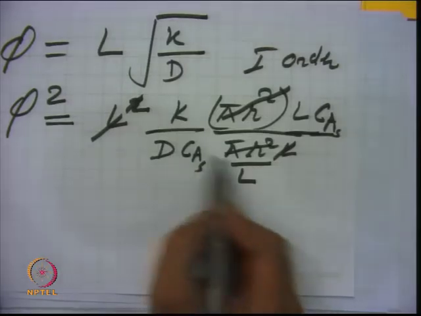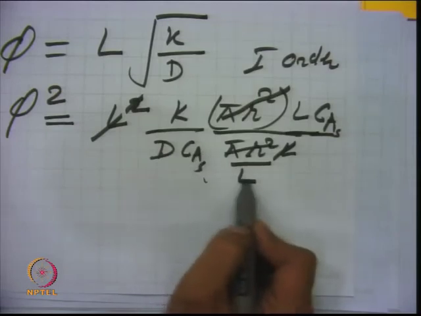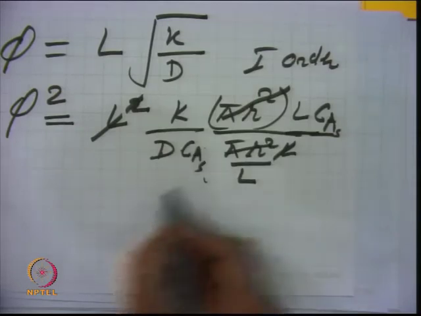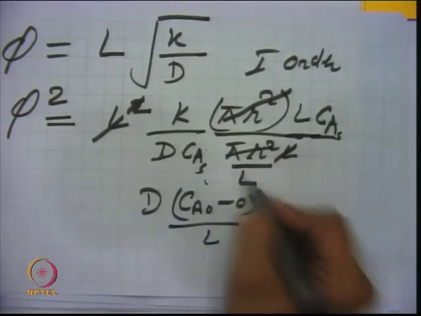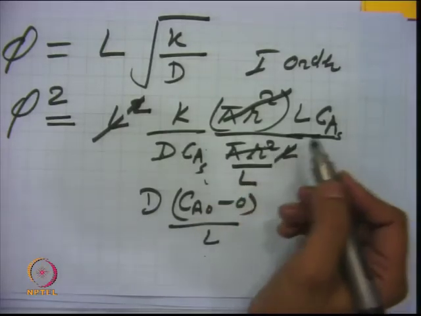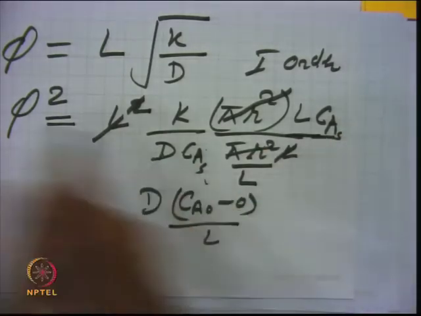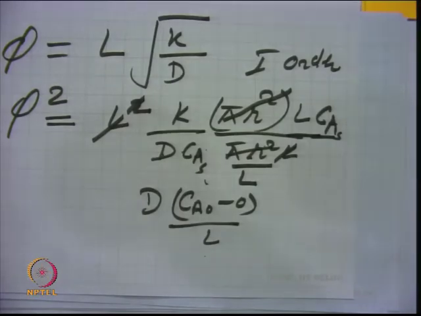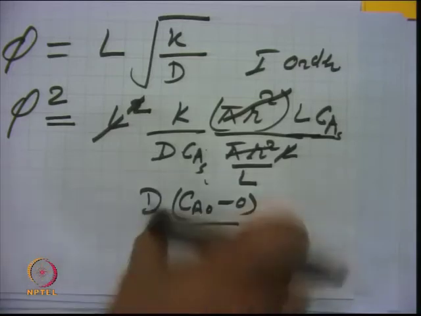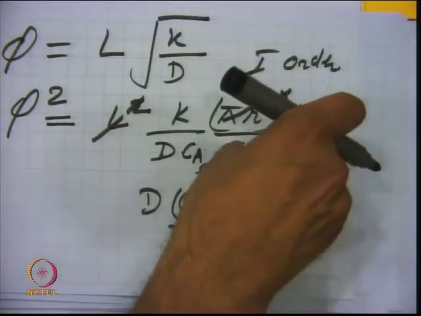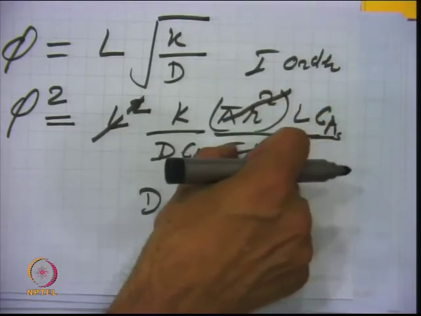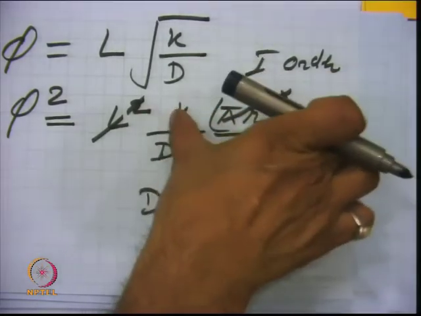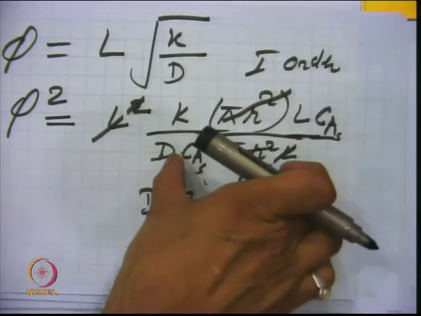In the denominator, D_e dC_A by dz, that is D_e C_A over L. If I write it, D_e times C_AS minus 0 divided by L and multiplied by pi r square. So, that is flux, dC_A by dZ, what you wrote earlier, D_e dC_A by dZ. So, this is basically diffusion flux, and multiplied by this pi r square, that is total moles which have been transported because of diffusion.